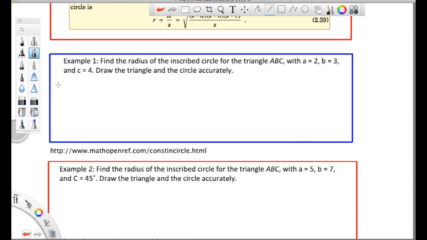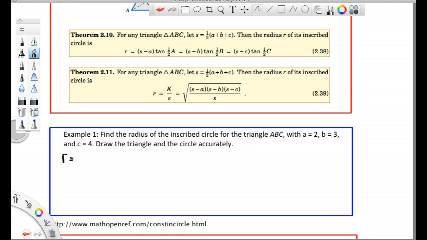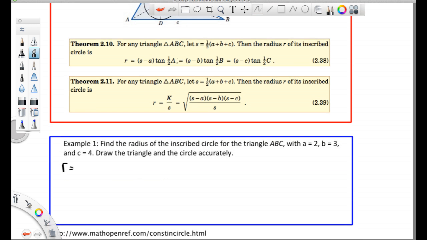Okay, so the first thing you would want to do is figure out which of these two formulas you're going to use. Well, I'm giving all of the sides, so I don't have an angle. I could clearly find an angle here, but this one depends strictly on sides. So if I had to find the radius of this circle, I would do s minus a, s minus b, s minus c,